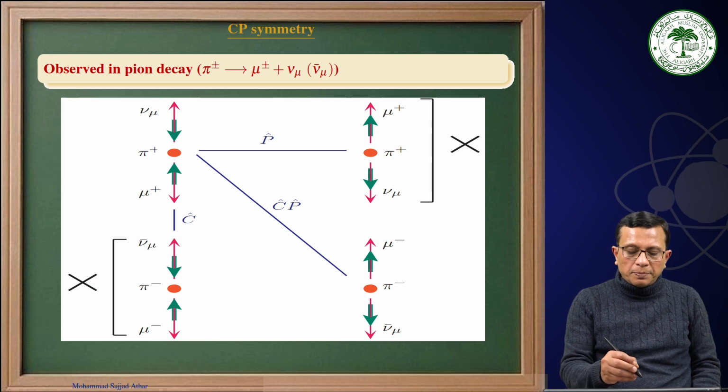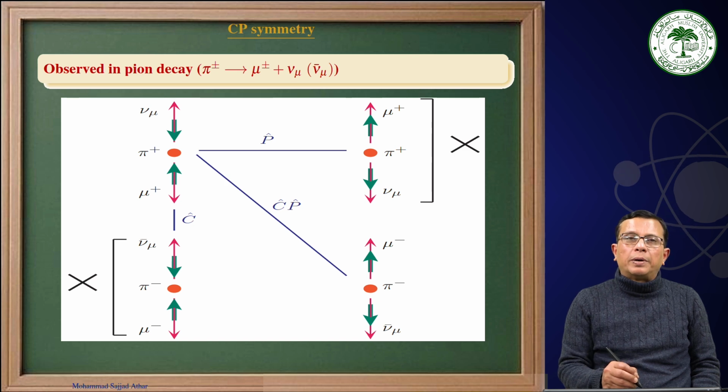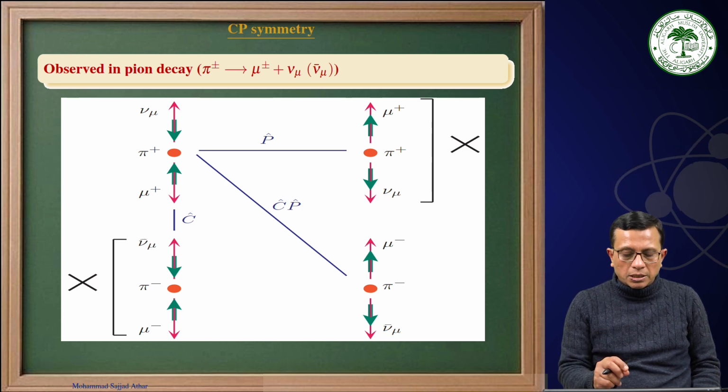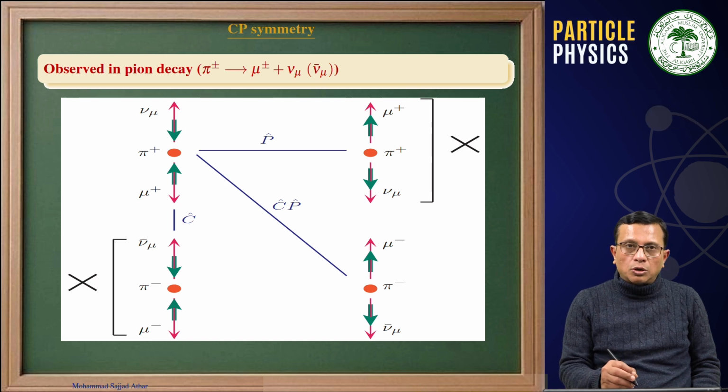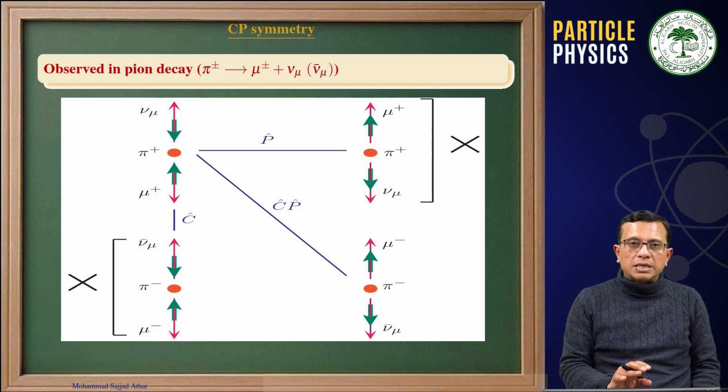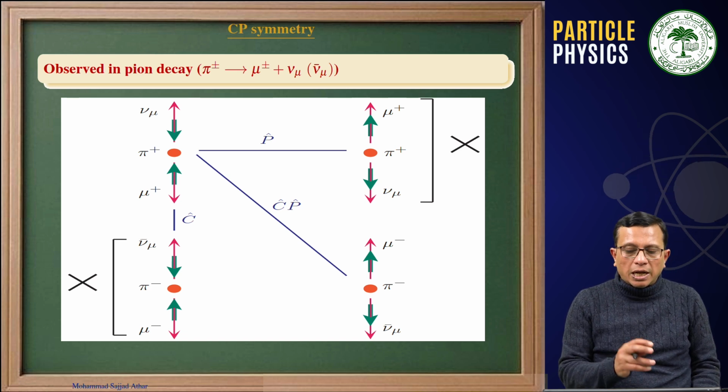By the charge conjugation operation, pi plus will become pi minus, nu mu will become nu mu bar, and mu plus will become mu minus without changing its spin, without changing its momentum. But doing so, what we realize is that this nu mu bar has become left-handed, which has not been observed. Therefore, directly you can see that this process, which has been shown here on the bottom left, has not been